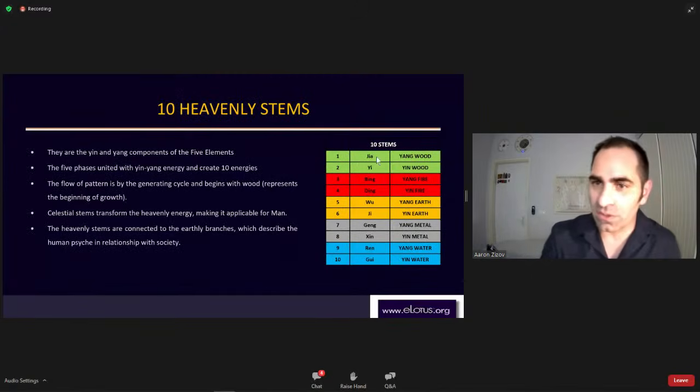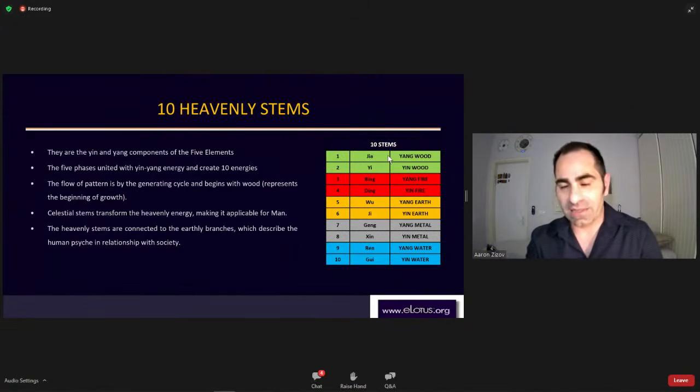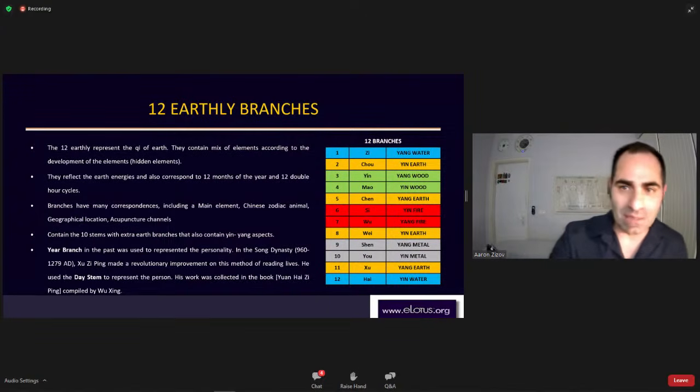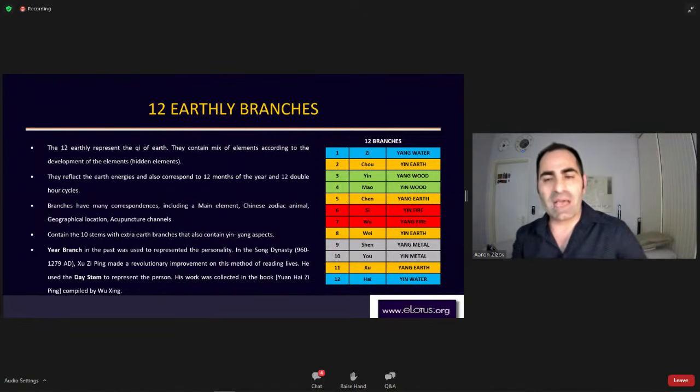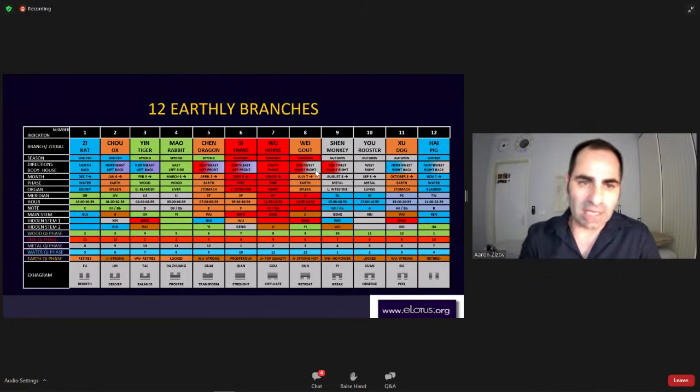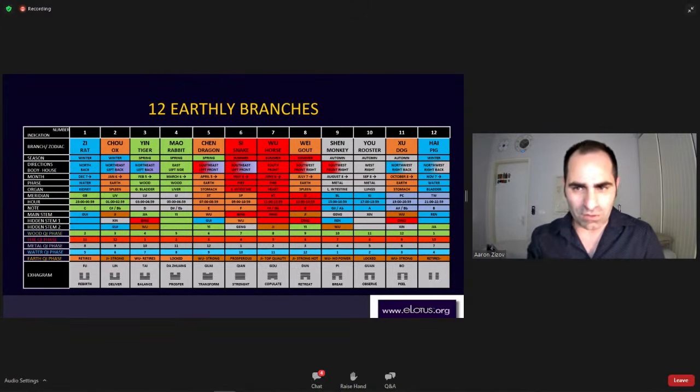So we have 10 stems according to the 5 elements, and then their yin and yang aspect, polarities. We have the 12 branches, which are like the 12 animal zodiac, but they are basically the 12 earthly branches, the available energy that we have right here, and according to the specific map of the person. Again, we have lots of information here on these tables. We won't use all of it, but of course you can see it, and you can use it